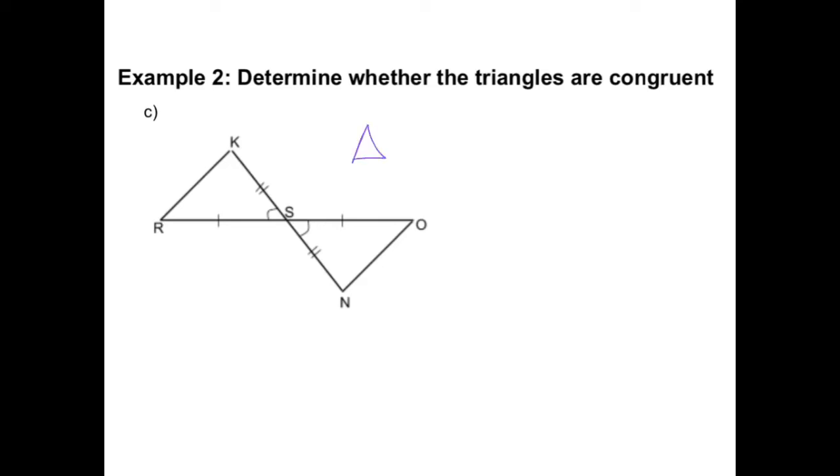So if I say that triangle KSR is congruent to triangle, well, now we have to think about what's going on here. K to S is the two tick marks to the included angle. So I'm going to have to start at N, follow the two tick marks to the included angle. So this is